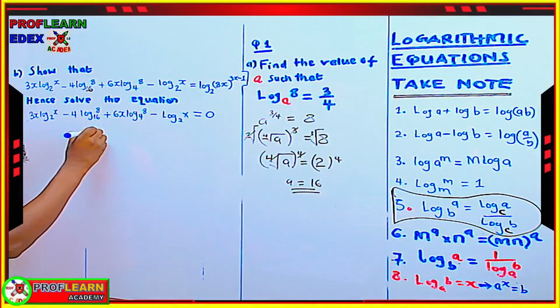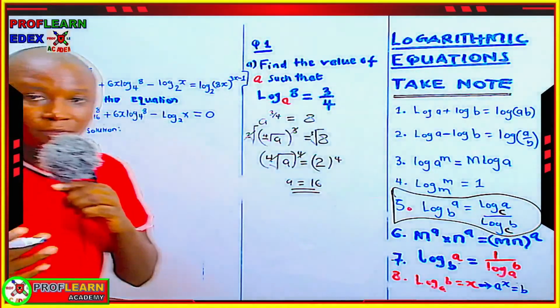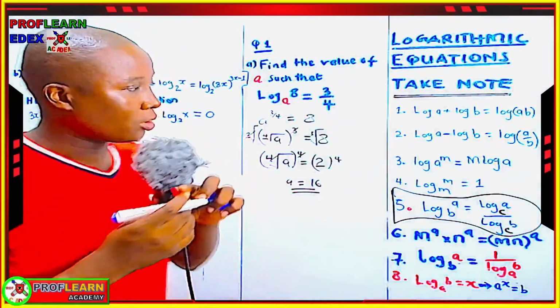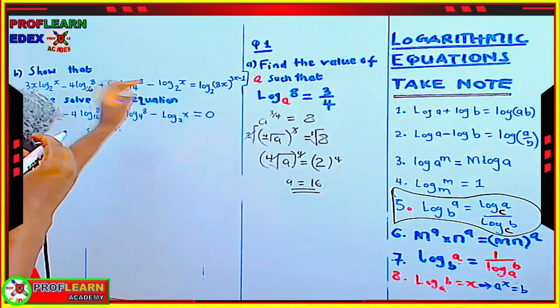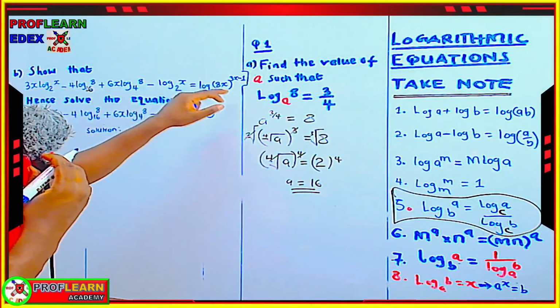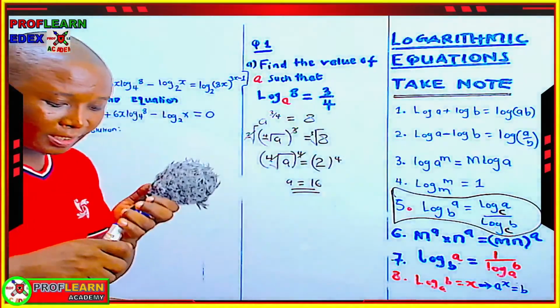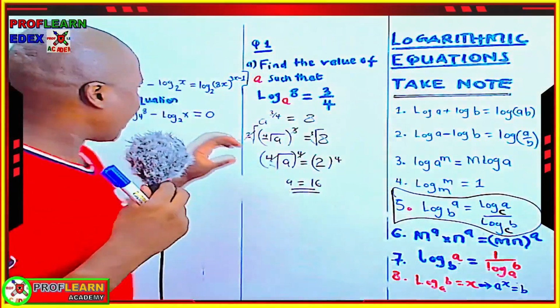So for instance, if you are having log 27 base 9, and you want to express this to the base of 2, you are going to say this is going to be equal to log 27 over log 9, then you introduce the base of 2 that you want to introduce. Basically, that is how you use this